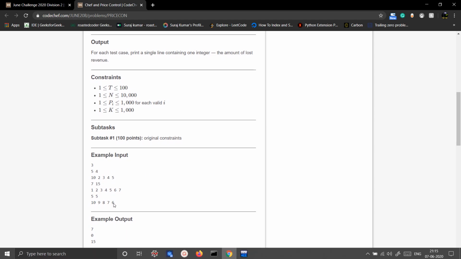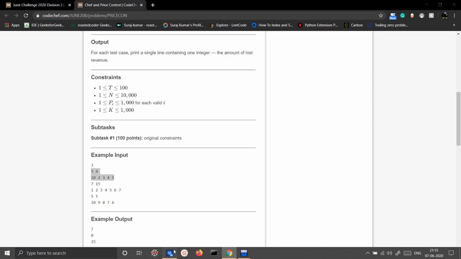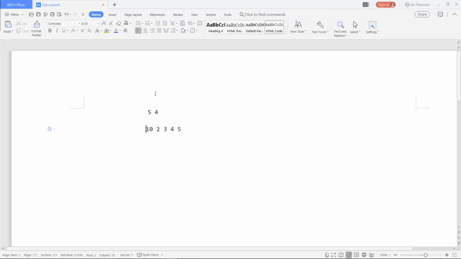We can just take this example. Let's take this one. So you can see n equals 5, the total number of items is 5, and k equals 4. So now we just have to find the total losses to the chef. For the first item the loss will be 10 minus 4, and for the second item it won't lose any cost to the chef since it is already less than 4, so it will be 0.